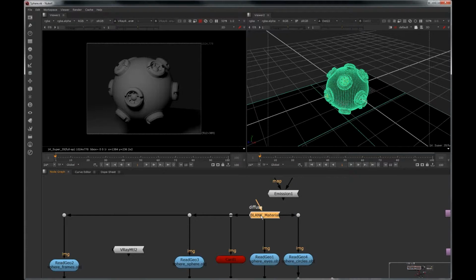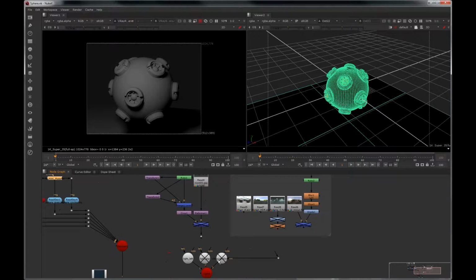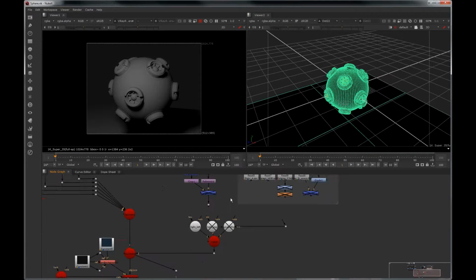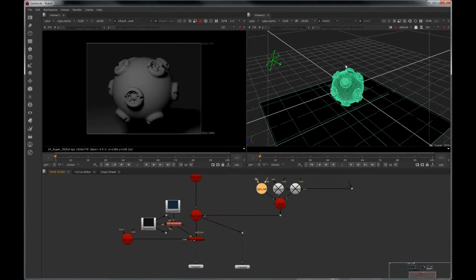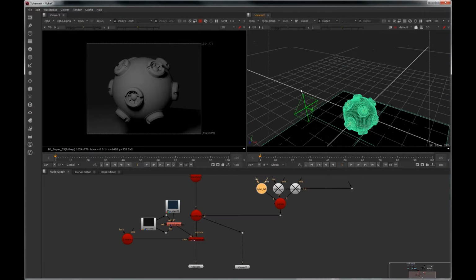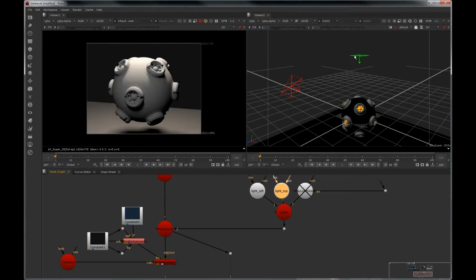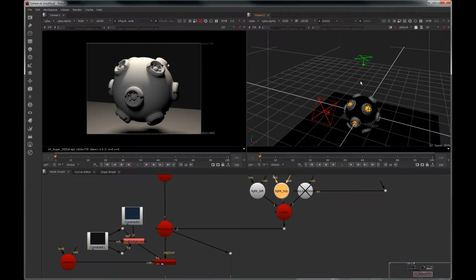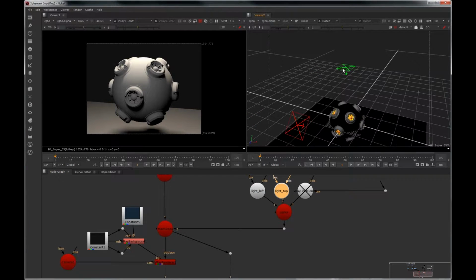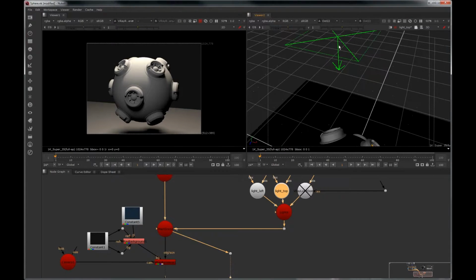also a diffuse V-Ray material. All right, and now I have just one light enabled, which gives me this lighting over here. And let's enable the second light source, which is this one on the top. And now I can easily play around with the position of the lights, and